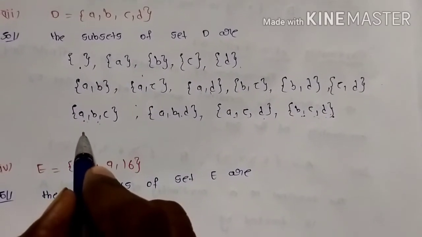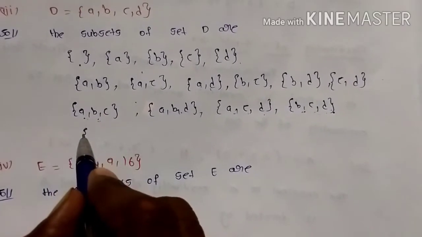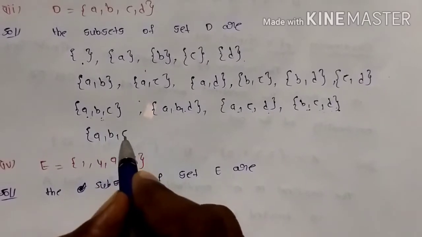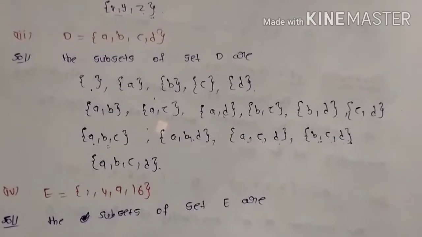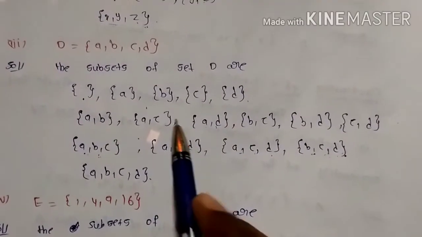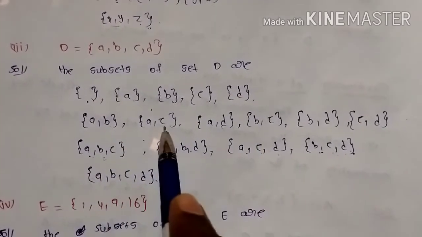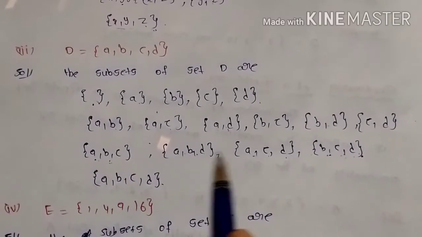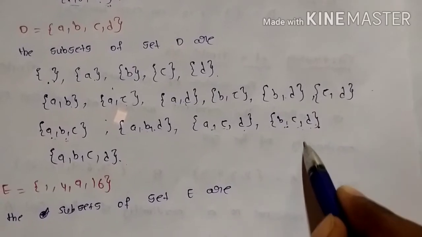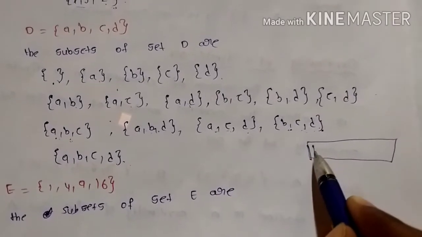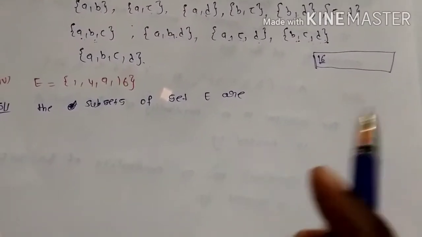Now you can take one more element. With three elements, the sets are over. Now you can consider four elements. That means here A comma B comma C comma D. Yes or no? If you are getting any doubt whether it is correct or wrong, once you count it, how many sets are there? 1, 2, 3, 4, 5, 6, 7, 8, 9, 10, 11, 12, 13, 14, 15, 16. Total sets are 16. I am saying this for rough purposes only. I will tell you in the last, until then you can wait here.